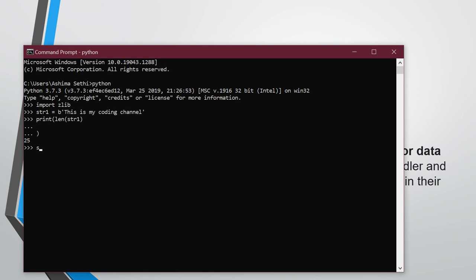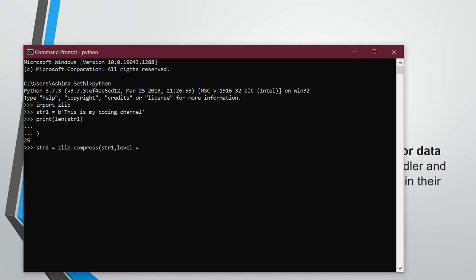Now this will be compressed. So how will it do that? Let's suppose I am having str2, then I will use zlib.compress, and then I will give the string that I need to compress and the level. Most of the time we don't give that level because by default it will take -1.